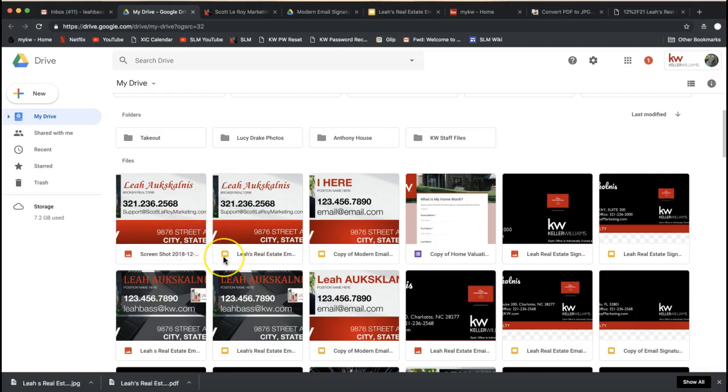Just a quick note, you can only edit the files that have the Google Slides icon. So the icon that looks like a yellow box with a white box inside it, that's Google Slides, and that means that file is editable. Okay, so just a note when you're coming back if you'd like to edit that further. Alright, so that is how you would go about editing and creating our templates